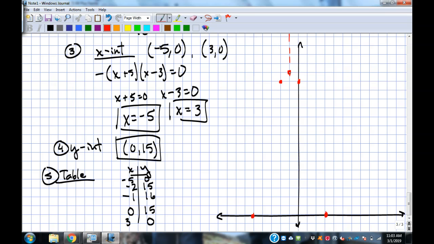My axis of symmetry drops right down through the middle. And then I'm going to draw the parabola. Not great at drawing these, but I'm better than I used to be. There we have a parabola. It's a little skinnier than the first one we drew, but we should be able to see this thing happening